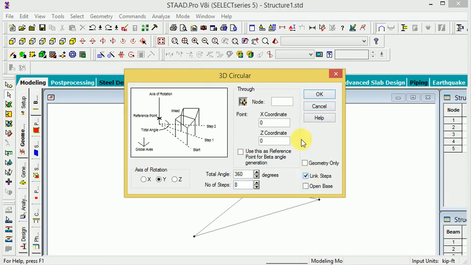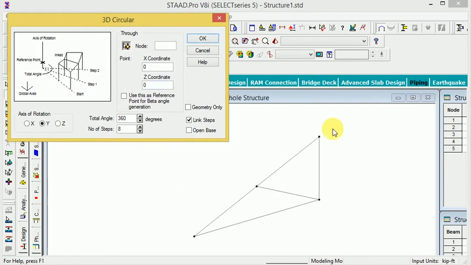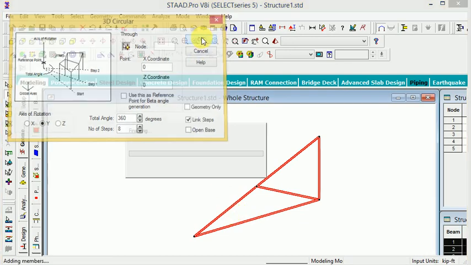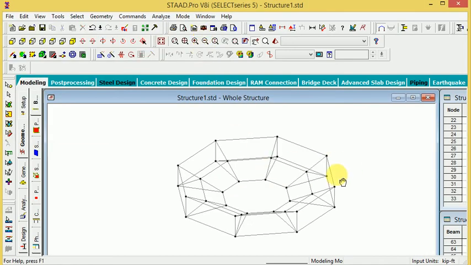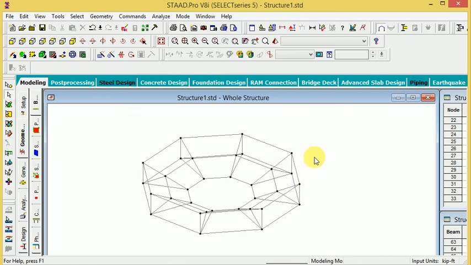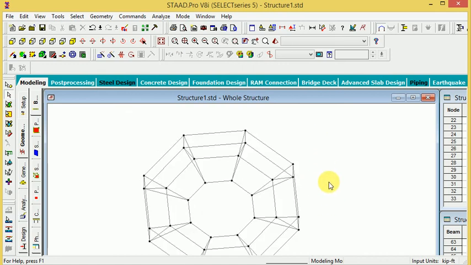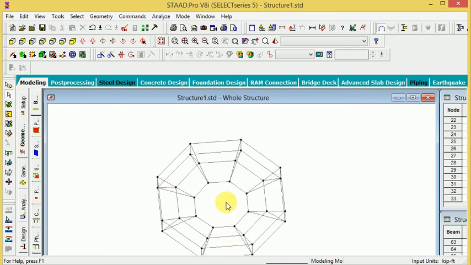So OK, link step, and then select all components, all members, and you can do this. Okay, so you can see here how to join the link and how to adjust the link. It's very good for joints, and the link is automatically attached for every node.